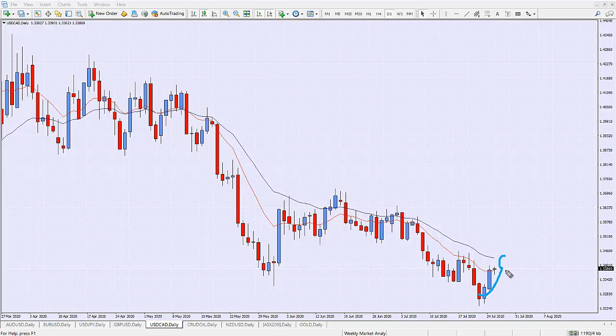On the pullback, I want to see reversal occurring, and then that will be my confirmation to become a seller to continue the trend down with the USCAD. Okay, just again for anybody who's new watching the video, when I say a reversal, what I would like to